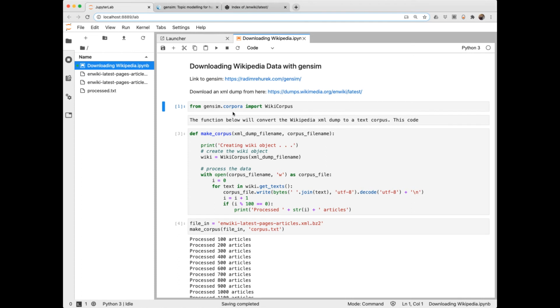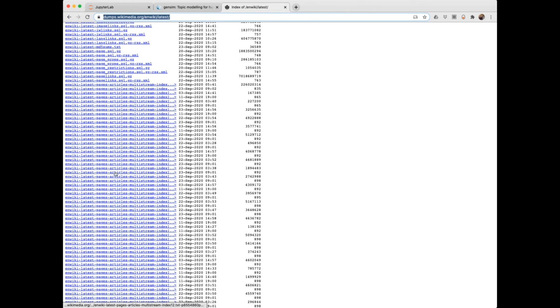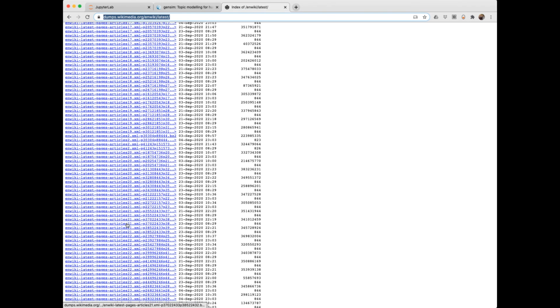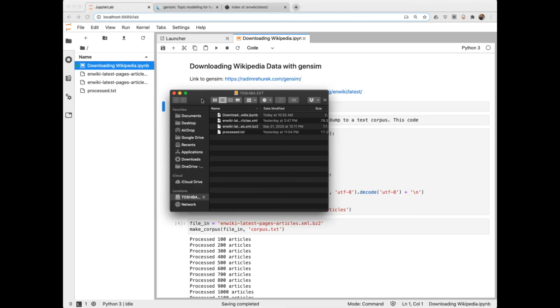From gensim.corpora, we're going to import WikiCorpus, which will enable us to process a dump. So first we need a dump. I have a link here, and you can see they're rather large, and they're organized. First you have abstracts, then pages, then articles. So depending on what you want, you can just download that specifically. To give you an idea how big these are,